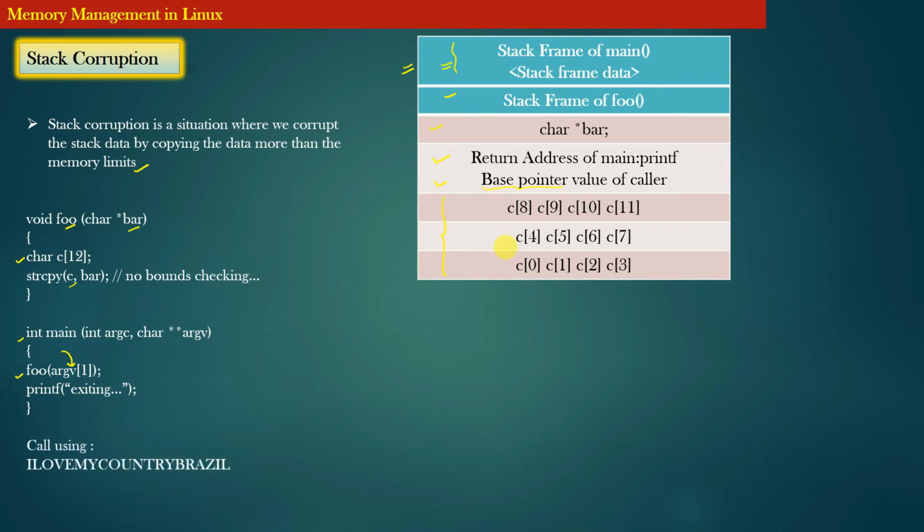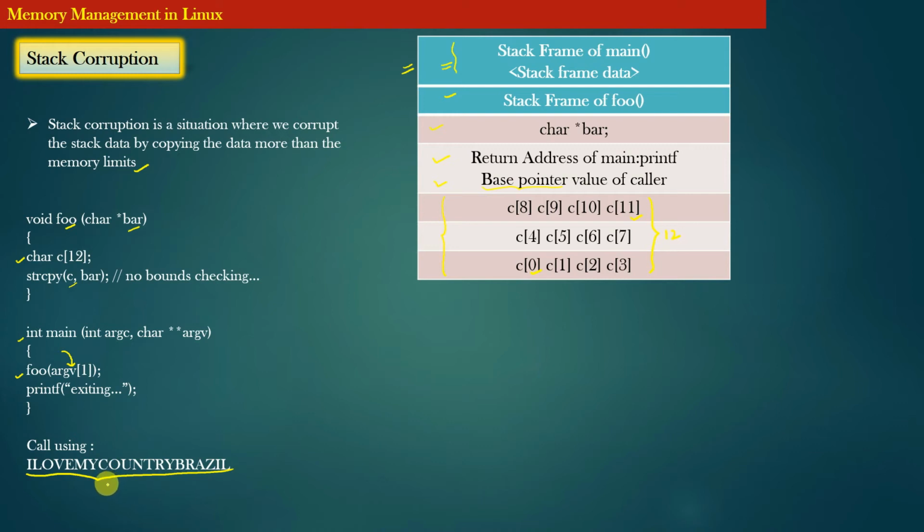Notice the layout of an array in the stack frame. The index 0 element of the array will have the lowest address and the last element of the array will have the highest address in the stack memory. Since the size of the array is 12 bytes, the array will occupy 12 bytes of memory in the stack frame. Now suppose you invoke this function and you pass the following string as the command line argument.